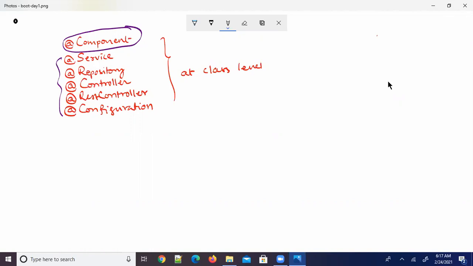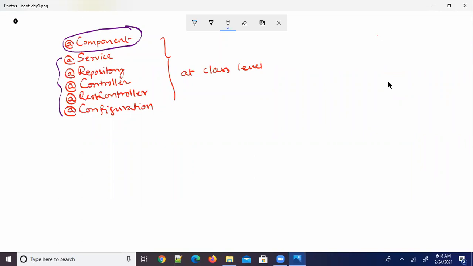Okay. As I said already, in Spring Boot, application configurations can be done only through annotations. It cannot be done through an XML file. While you're creating a Spring Framework application, you have an alternative: you can go for either XML configurations or use annotations to do the configuration. But whereas Spring Boot doesn't allow XML configurations, it will only allow annotation based configurations in the application.